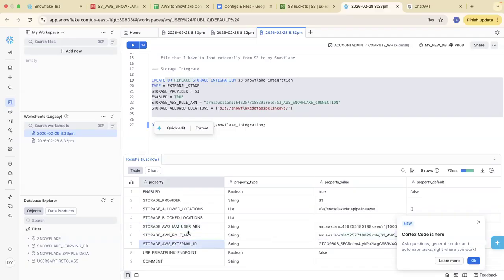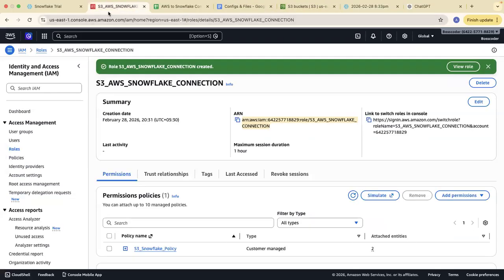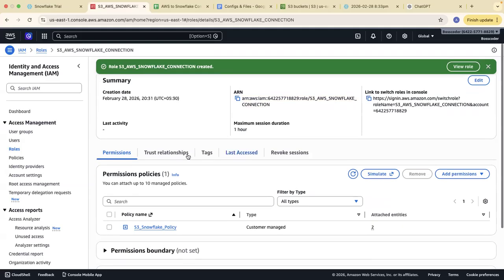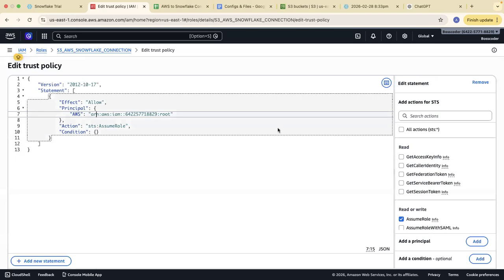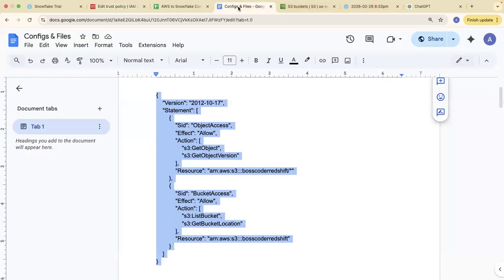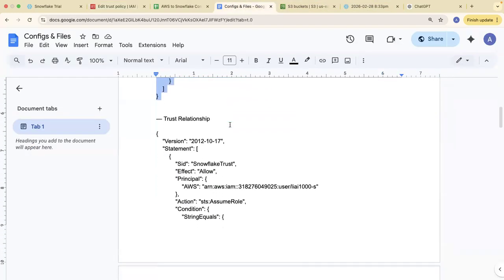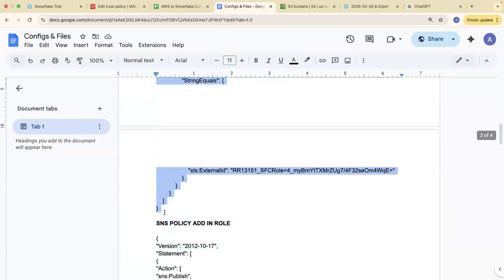Now these two things are very important. And where do we have to use them? Simply go to your Snowflake, sorry, simply go to your role. This is my role. In this role, simply click on trust relationships. Inside the trust relationship, click on edit trust policy, go to my configs and files doc, and copy this trust relationship from here till here.